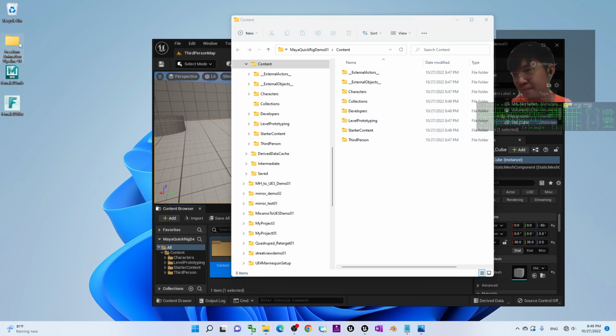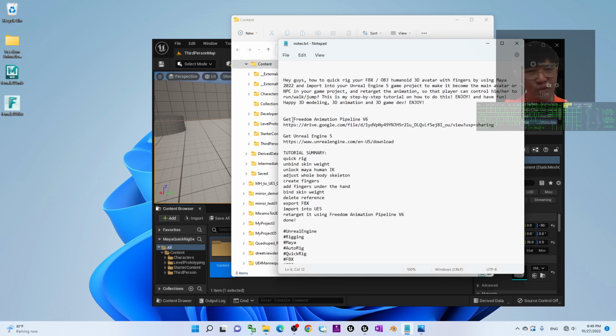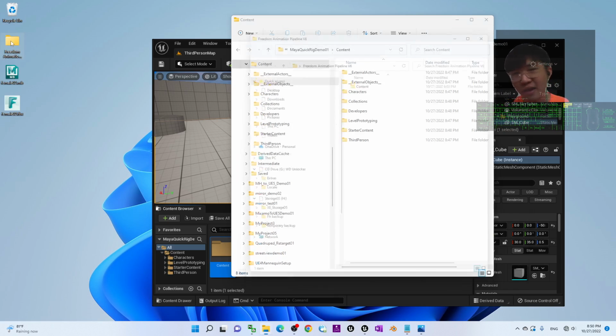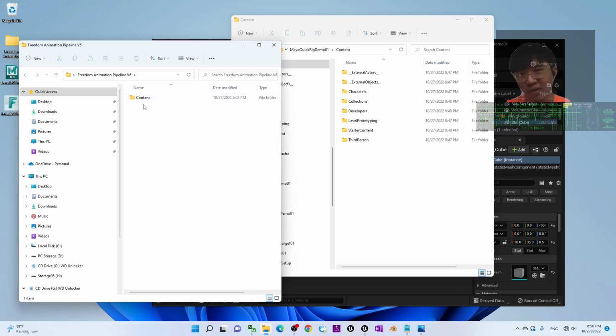Next step, in your video descriptions, make sure you already get Freedom Animation Pipeline version 6. It is a zip file, you have to extract it. As a demo, I already extracted it on my desktop. Open the Freedom Animation Pipeline folder. You can see a content folder as well. Just double click it and copy